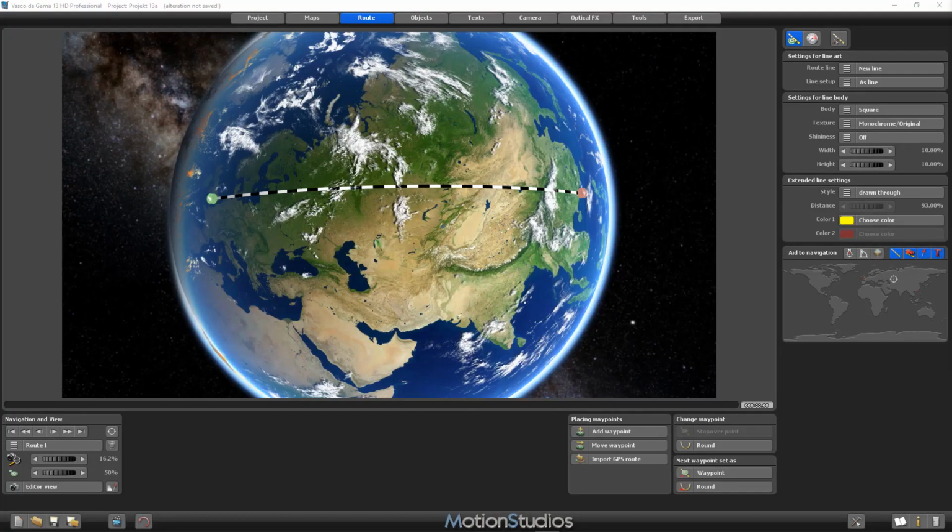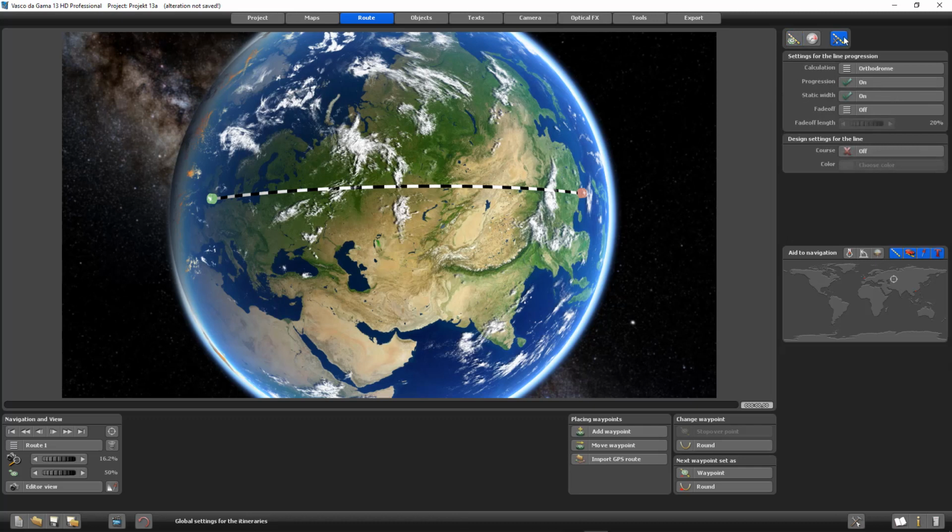In the last lesson, we have learned how to change the look and feel of our route lines, and now it's time to have a look at the global settings for our itineraries. I have opened again the project with the flight route from London to Hong Kong, and now let's select here in the route editor the rightmost icon for the global settings, and we will start as usual on the top,